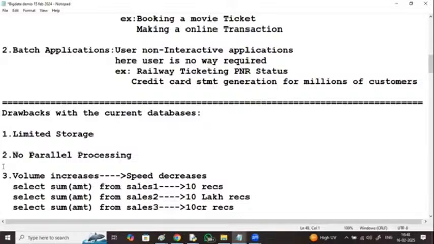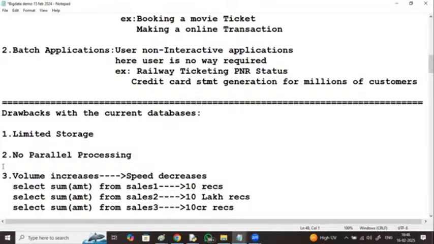Group of nodes means systems connected in a network.